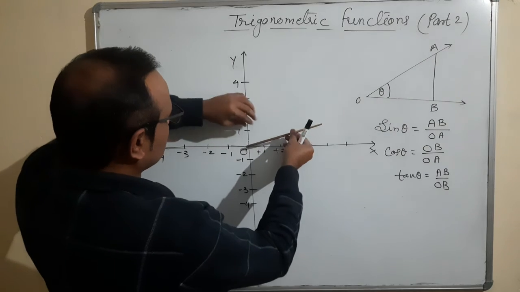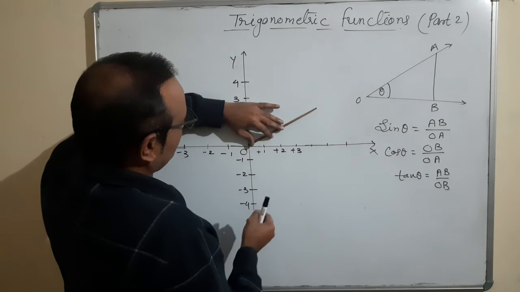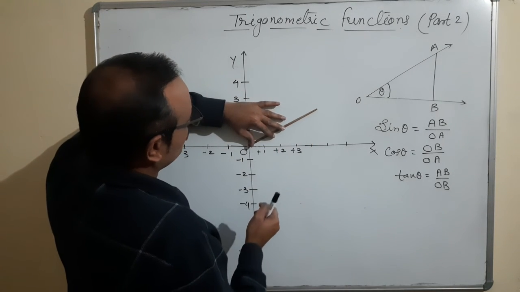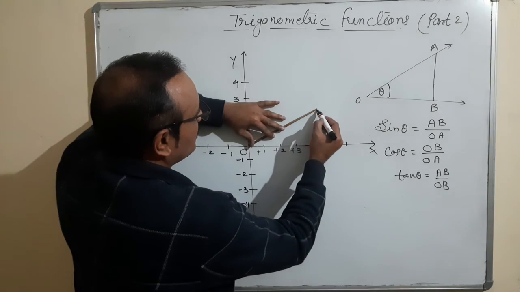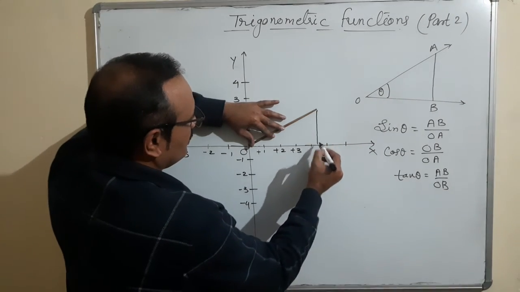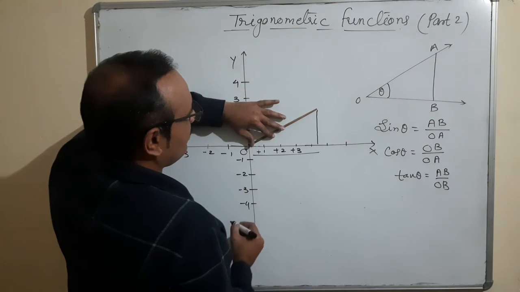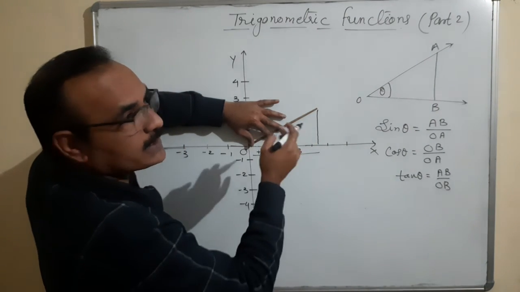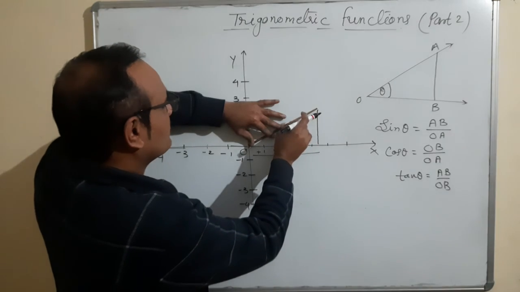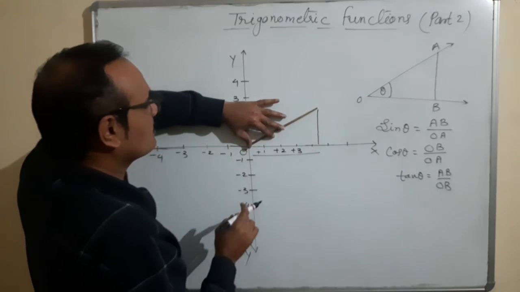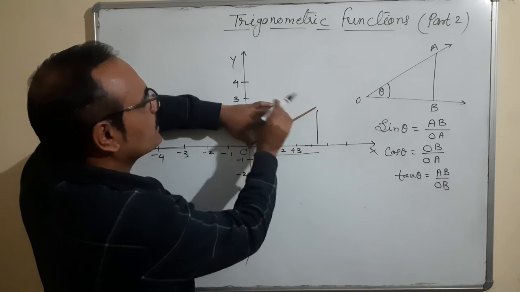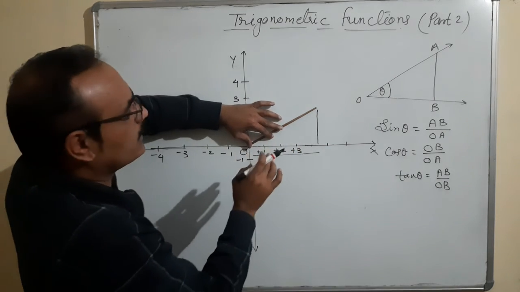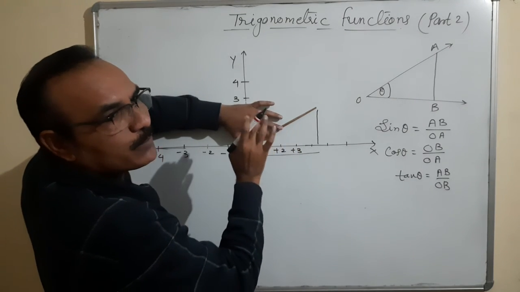Suppose the second and third conditions, like this is the ray. If the position of the ray is here, then what happens? This is the perpendicular, this is the base. Because the length of the ray, its hypotenuse, is fixed. Its length will not increase or decrease. Only the rotation changes, that means it will go into the second quadrant, third quadrant or fourth quadrant. Its value will remain the same, positive.